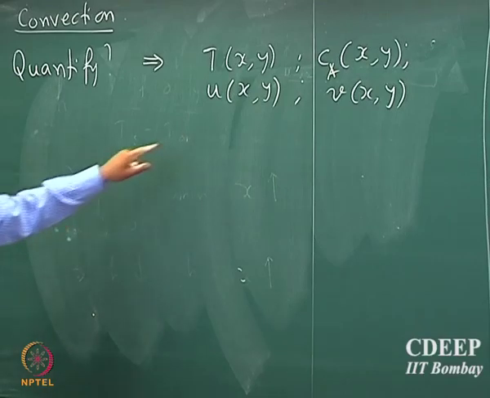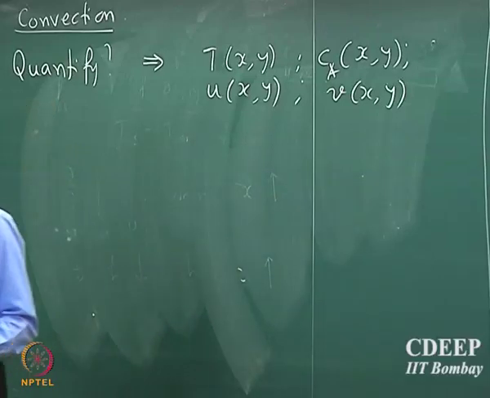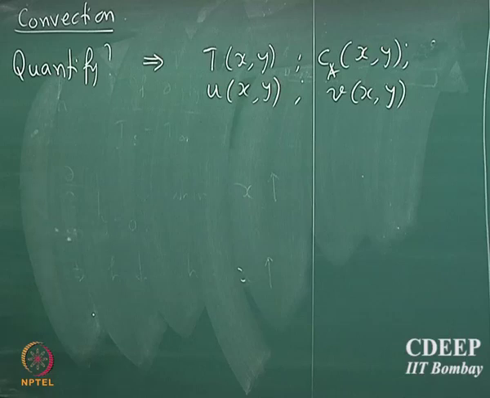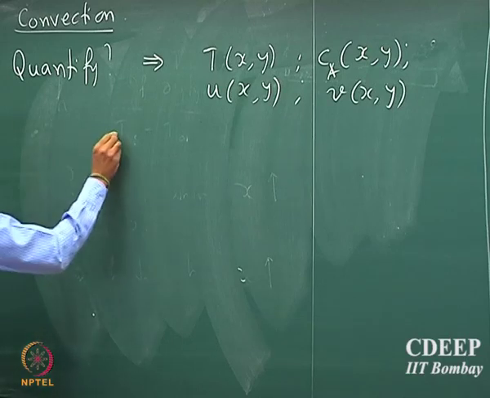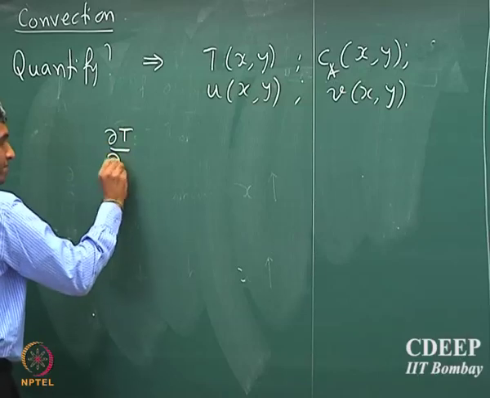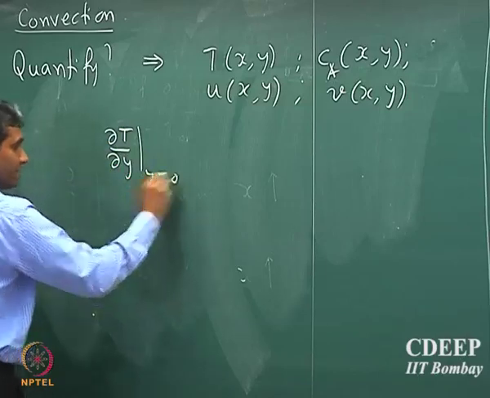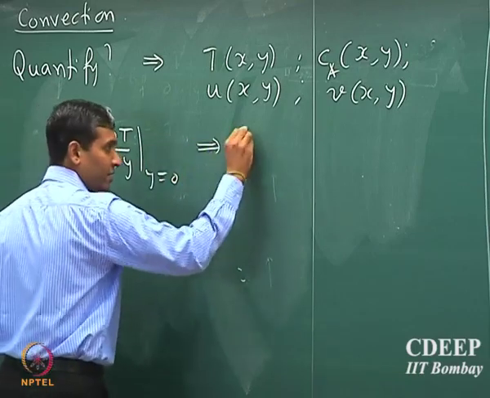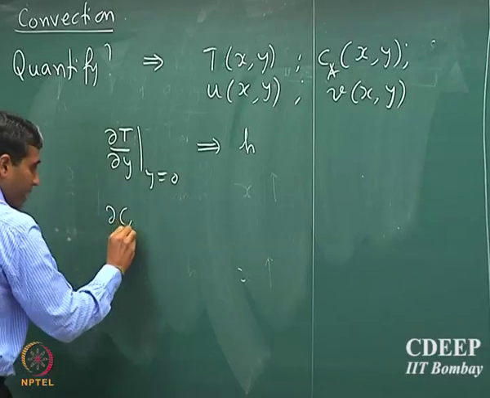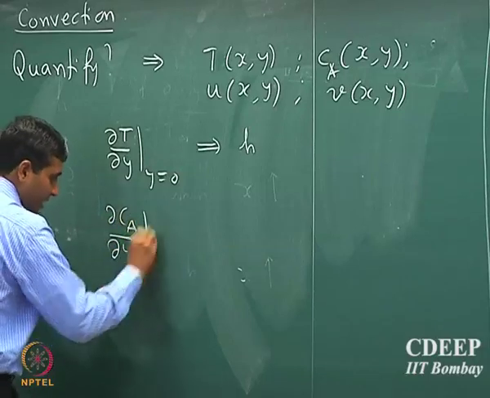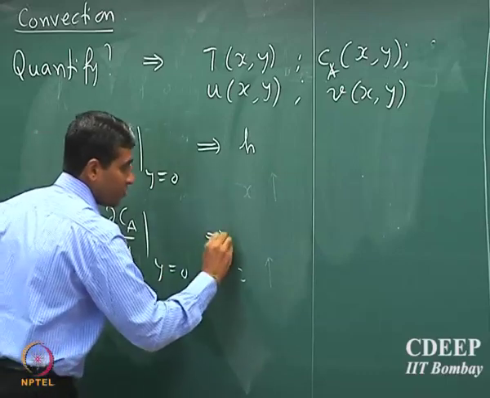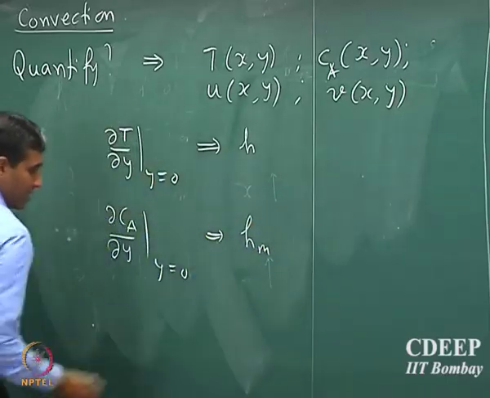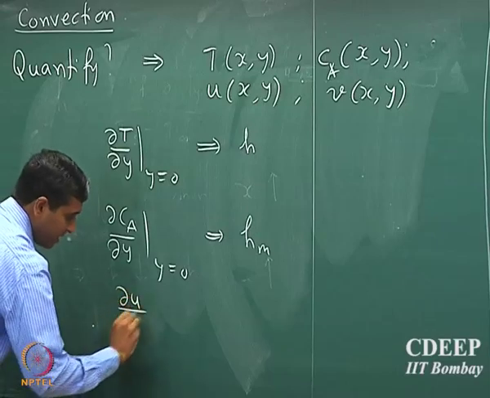So u is the x component velocity and v is the y component velocity. If we know all of these, then we are done, because the objective is to find dT by dy. This will give you the heat transport coefficient, dCA by dy at y equal to 0 will give you the mass transport coefficient, and du by dy,